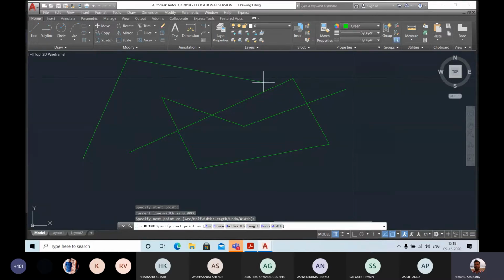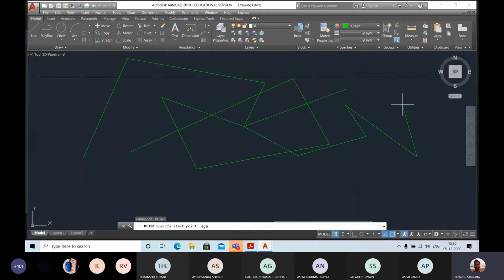You can draw any shape at any location. You can draw anywhere, either by clicking or by mentioning the points. You can mention the point by coordinates. Because this is 2 dimensional, there is only an x coordinate and a y coordinate. If I mention 0, 0, it means 0 is the x coordinate and 0 is the y coordinate. So I will go for the PLINE command.